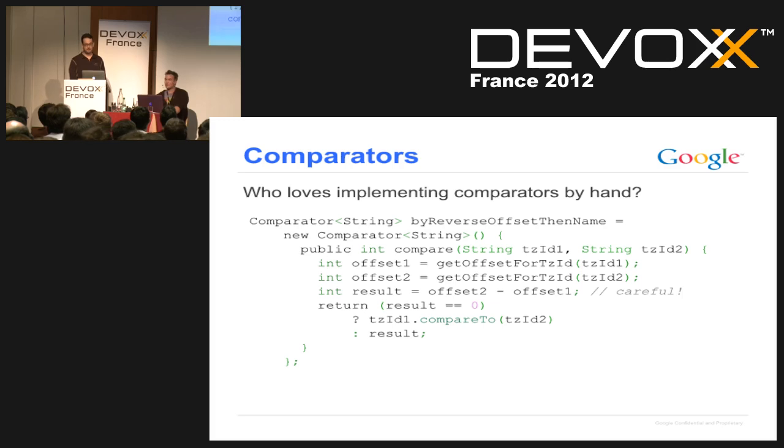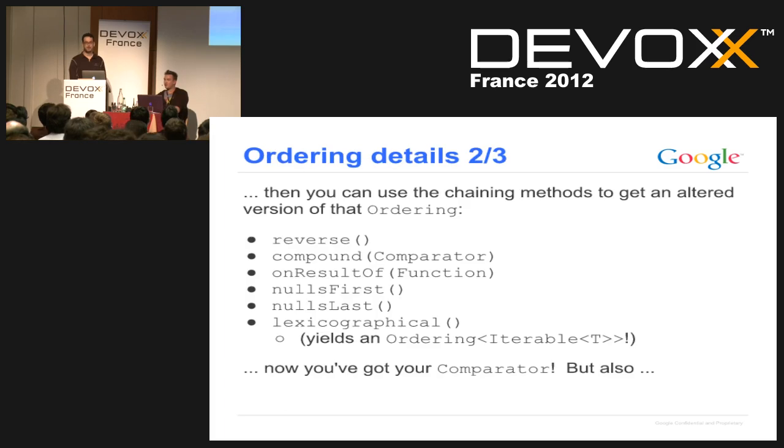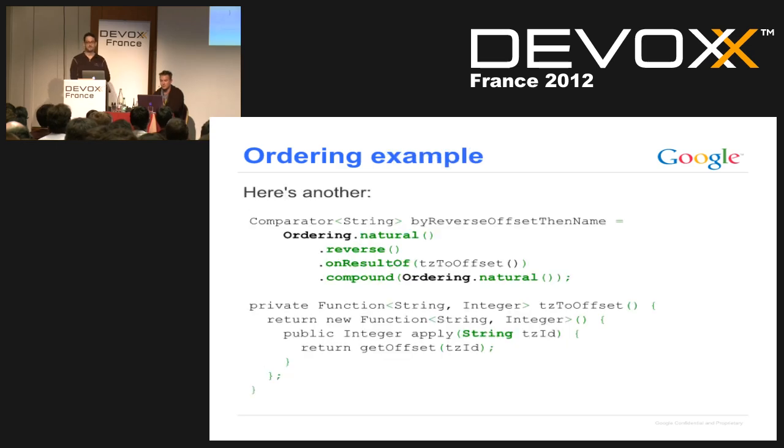As long as you stick to ComparisonChain and the Ordering methods, you basically can't go wrong. You're basically guaranteed to get a comparator that will behave correctly according to the comparator specification. It might not sort things the way you wanted them sorted because you might have put the methods in the wrong order or whatever, but you will get a basically valid comparator. The only exception to that is if you were to use onResultOf and pass it a very badly behaved function that returned a random value on every call or something like that.